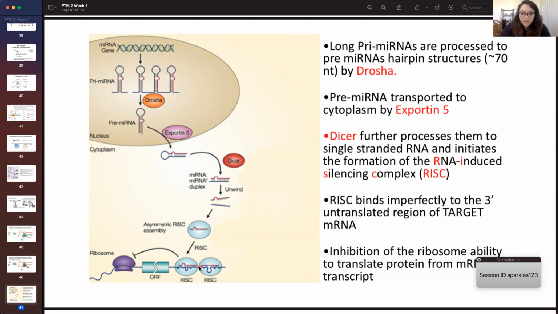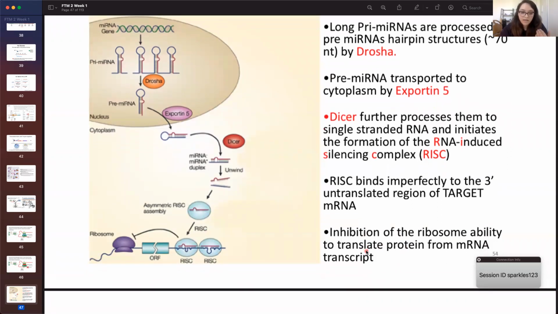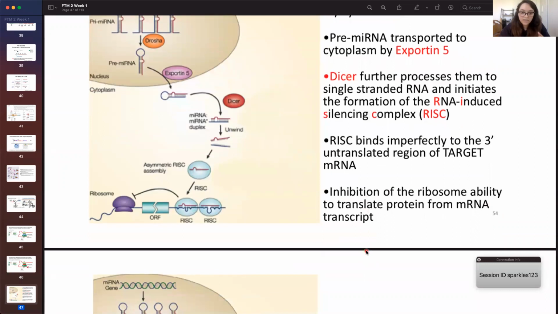So the 3' untranslated region of that target mRNA that you're trying to inhibit, it's going to bind to it. And because it's imperfect binding, it's not permanently turning it off. It's just turning it off while it's bound. So it's blocking that ribosome from being able to translate, but it's not causing any permanent degradation to that sequence. And then for the next one,